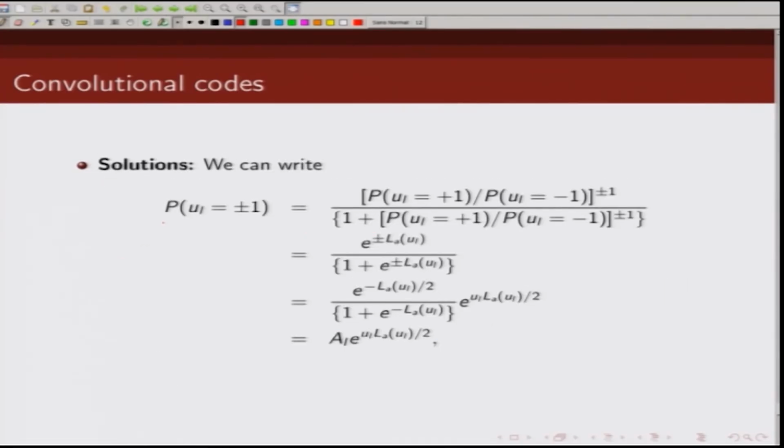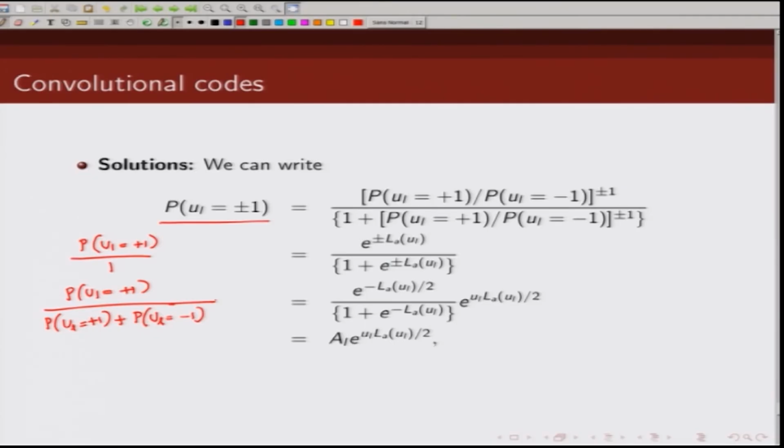So, what is the probability of u being +1 or -1? Let's take +1. Let's say what's the probability UL is +1. Now this can be written as this by 1. So I can write it as probability of UL being +1 divided by probability UL is +1 plus probability UL is -1. I write it this way,